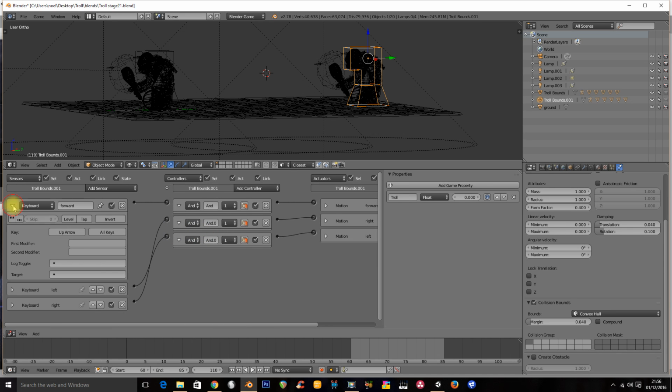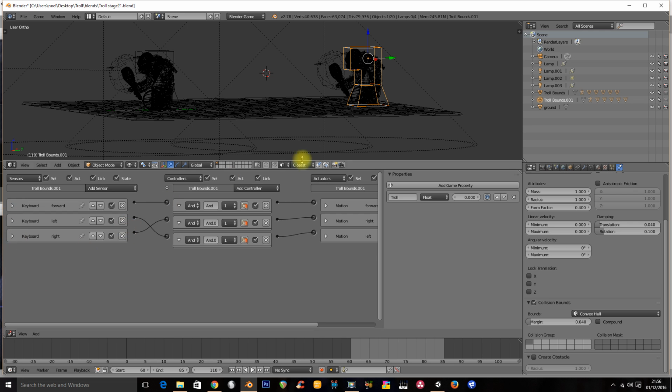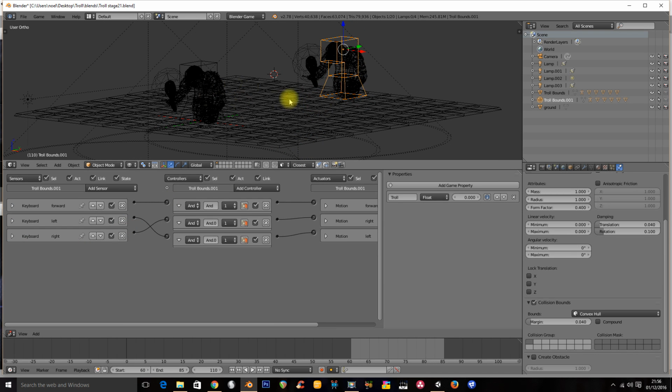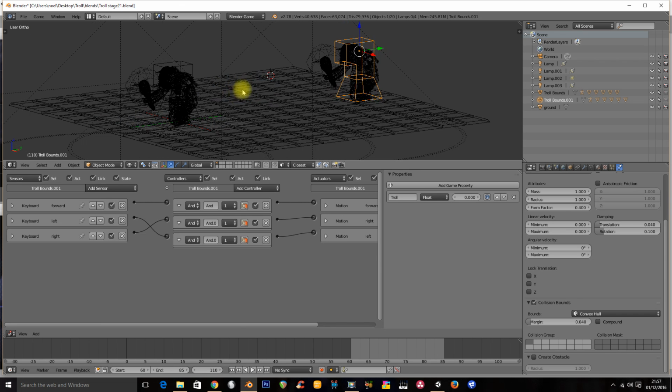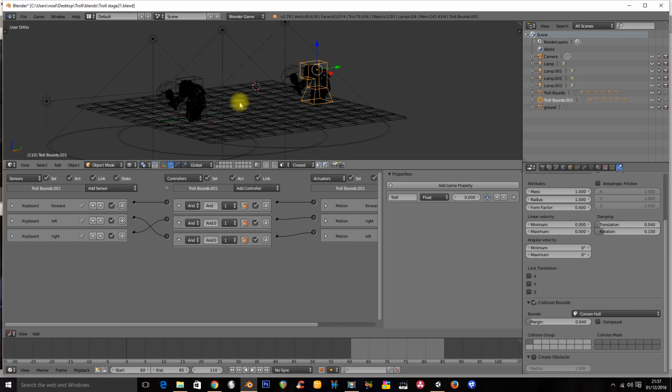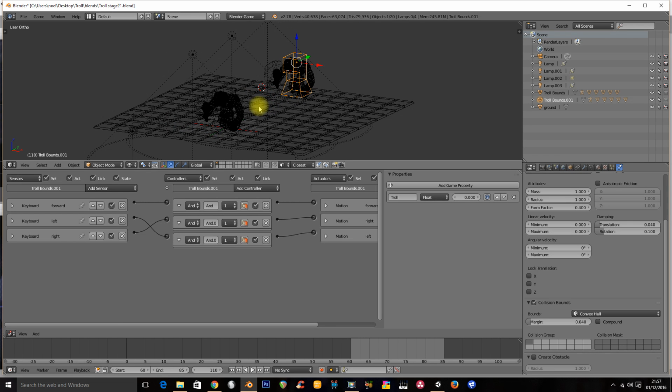So instead of using up arrows, it's using W, S, A, and D. And then with slight manipulation to this setup, like its property, this will be player 1, player 2, when I hit player 1, add score to player 2, etc. So we did that when we made Pong. You should be able to make a reasonable